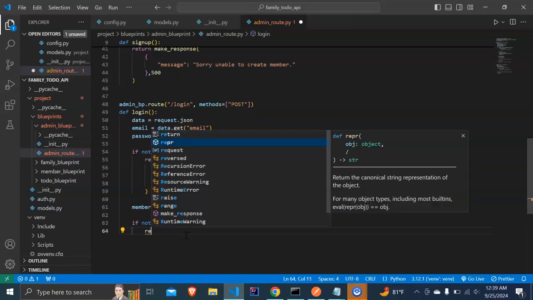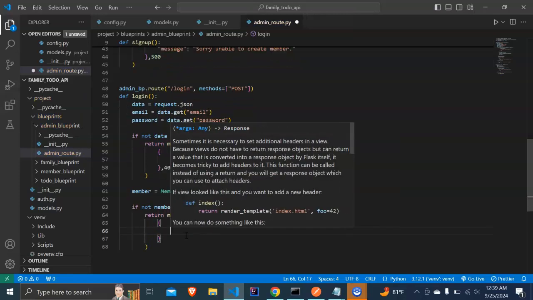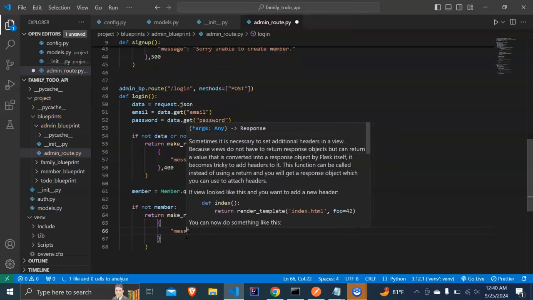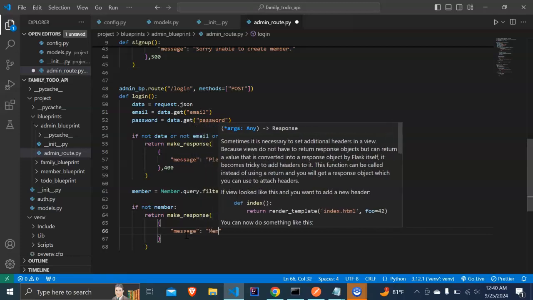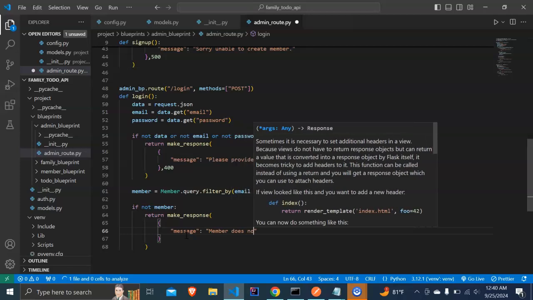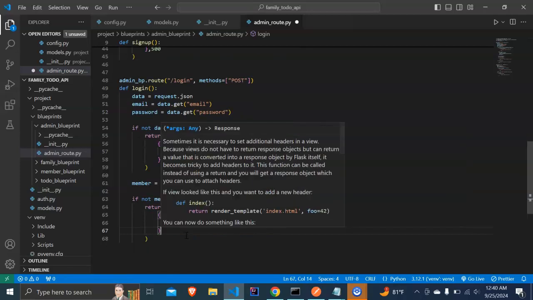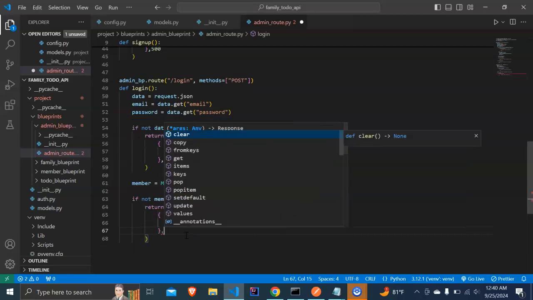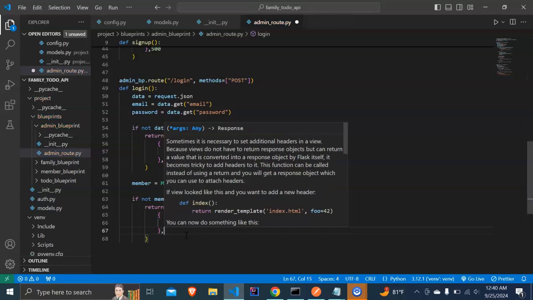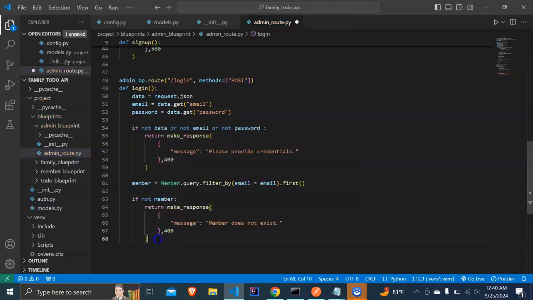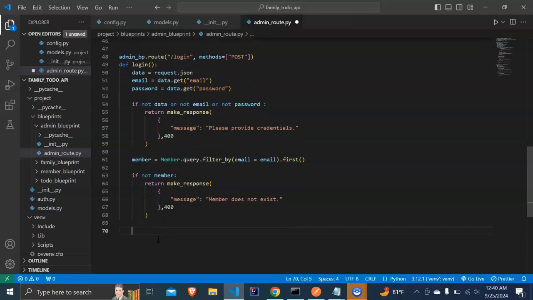And we could say if not member, return make response message member does not exist. And let's return another 400. Alright, so